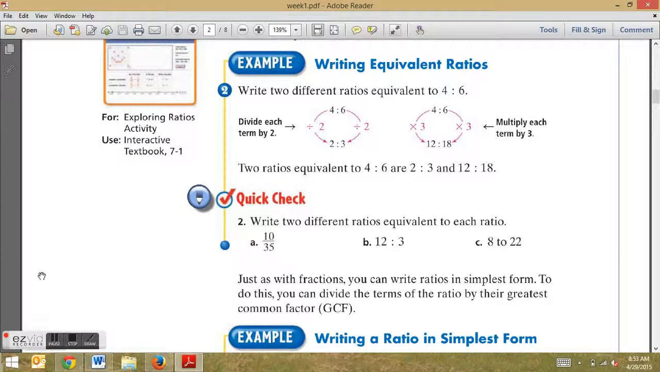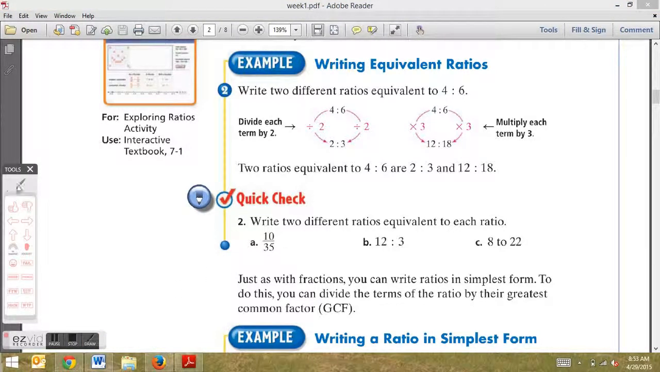You can multiply them. So if I wanted to do times 2 for each of these, I could. So 10 times 2 and 35 times 2 would give me 20 over 70, and that would be an equivalent ratio. Forgive my handwriting. Anyways, if we keep going down,